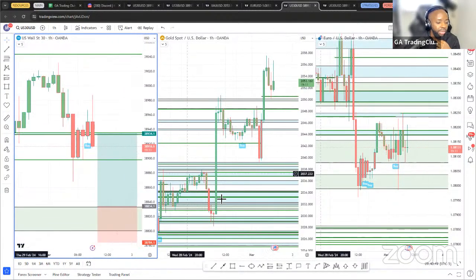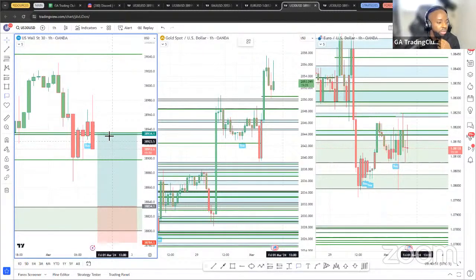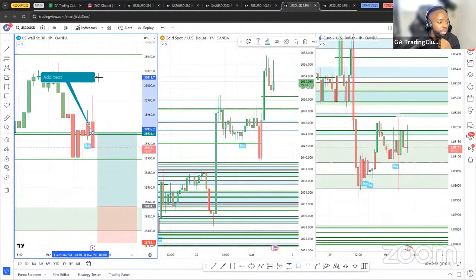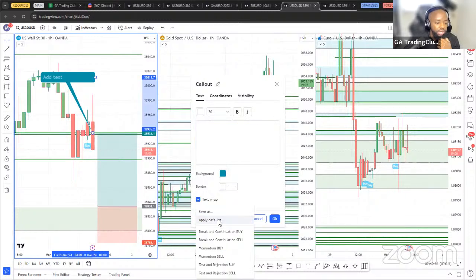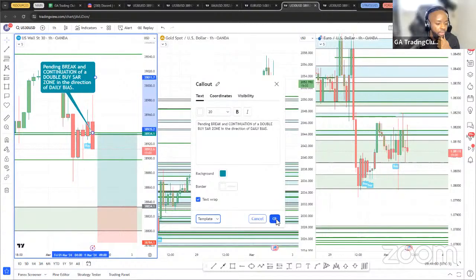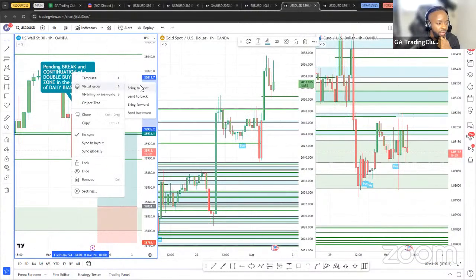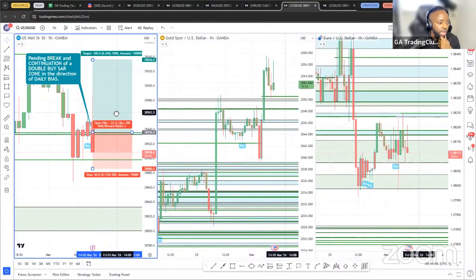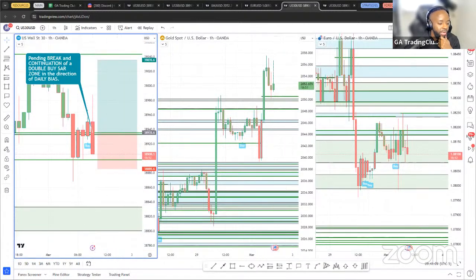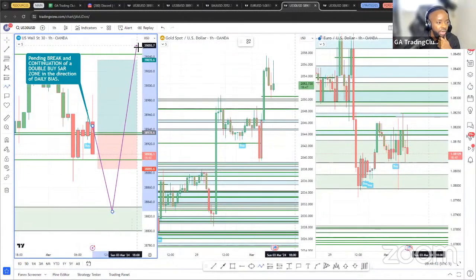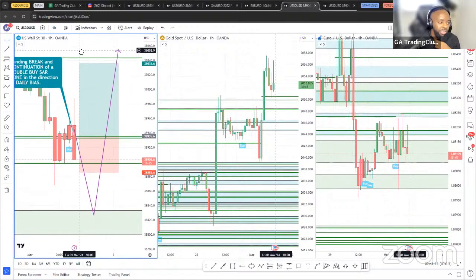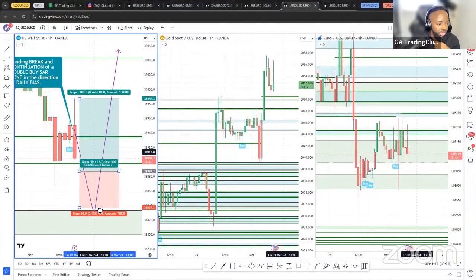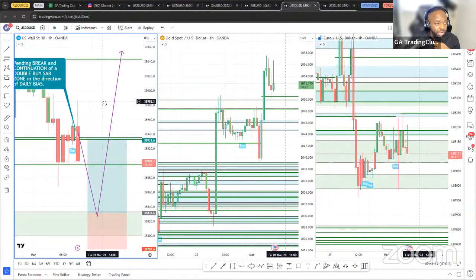So this is a pending break and continuation entry right here based off of that SAR. Same zone as yesterday. And I would expect, ideally, the same thing to happen. So the entry would be there, but what I would expect is something like this, come back there, and then go back there. So the same thing that happened yesterday on US 30,